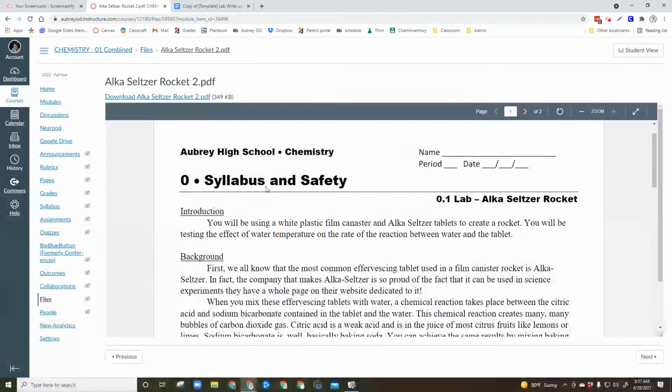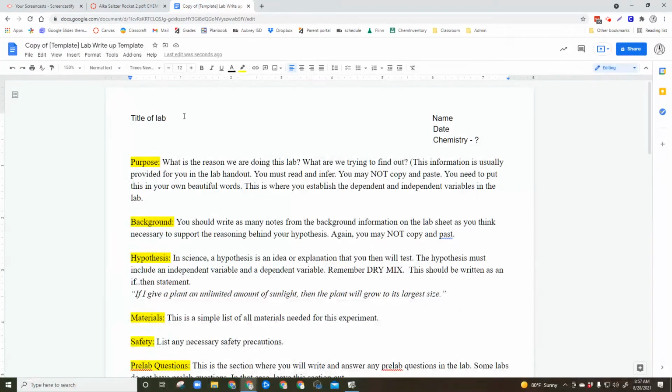And I usually don't run these off on paper, unless you absolutely need me to, and you can talk to me on an individual basis on that. I usually just put it on Canvas as a digital form so that we can be environmentally conscious. But those are the 2 things that you need for writing up a lab. So let's go back to here on this tab, click the template of this. So what you're going to need to do first